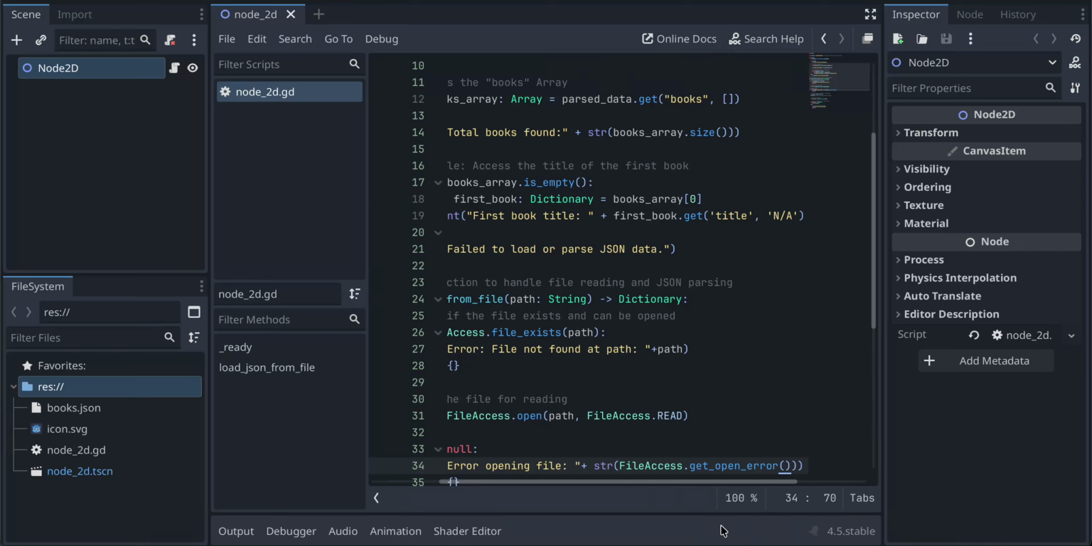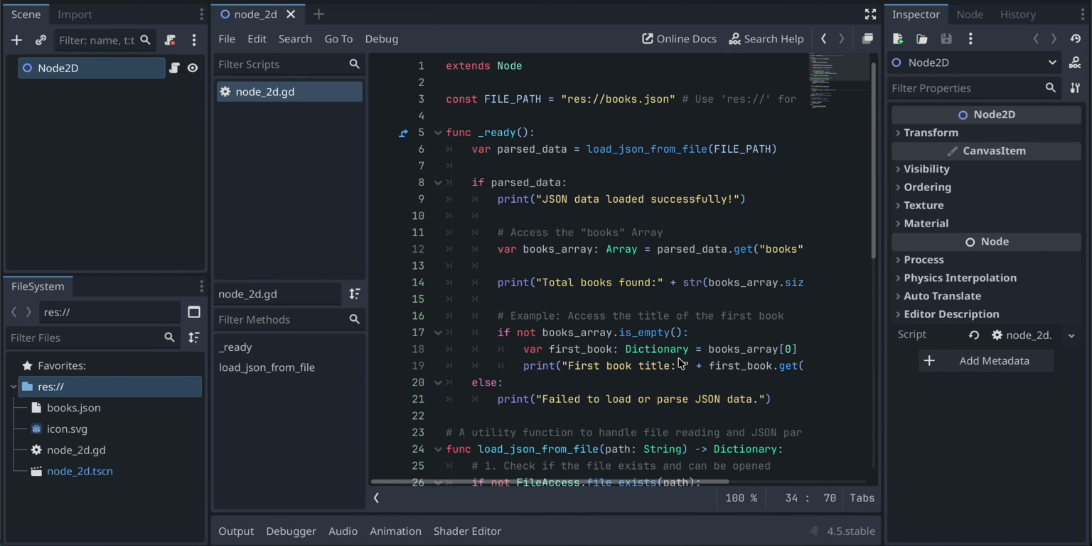In this video I will show you how you can parse JSON in Godot game engine version 4. So I'm using version 4.5. So let's get started. First I'll show you, I have just created a simple Godot game project, okay, and